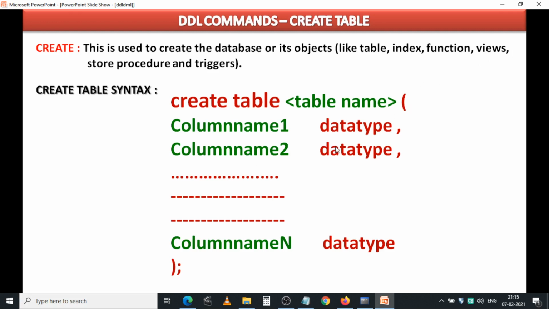Whatever columns you want to store in that particular table, you need to mention along with the data type. First of all, you have to write column name 1 and data type, column name 2, data type. Likewise, you can write column n, data type. This is the syntax for creating a table.